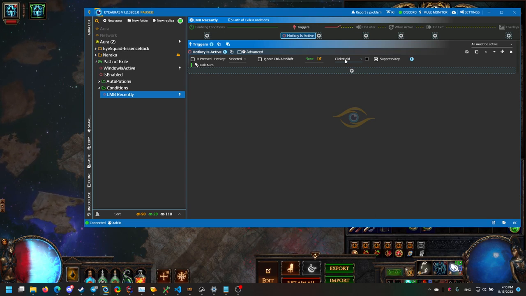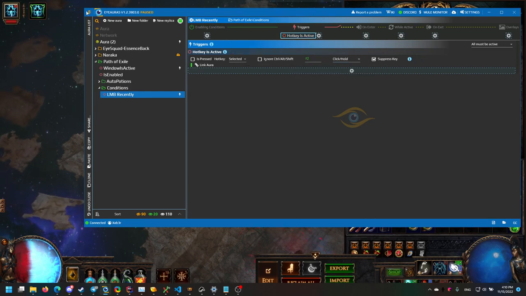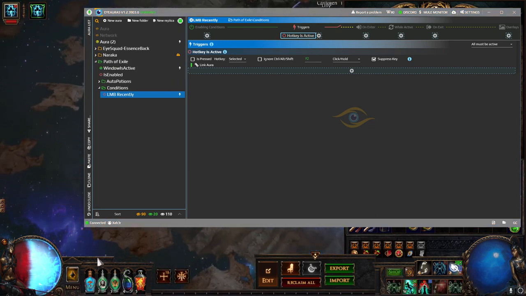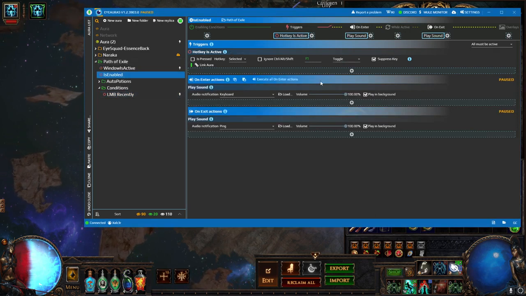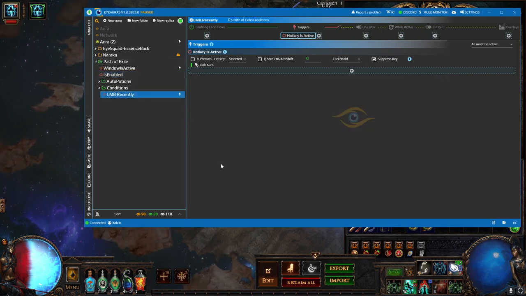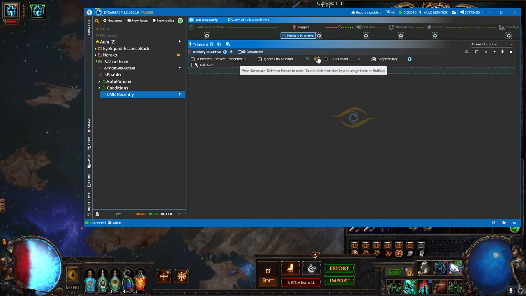hotkey mode to click/hold, which means that this hotkey will be, let me just show you. Let's assign it to F2, and whenever I click and hold F2, this trigger activates, and whenever I release it, it deactivates. So it's not like we did with F1, which was in toggle mode. The key actually must be held for this trigger to become active, and we will use this functionality to track the state of